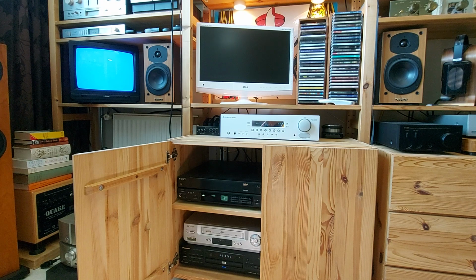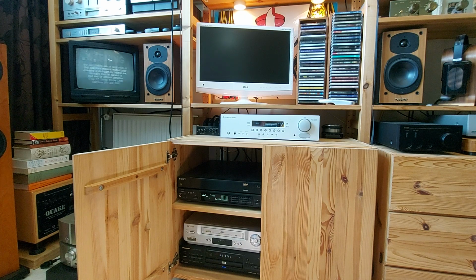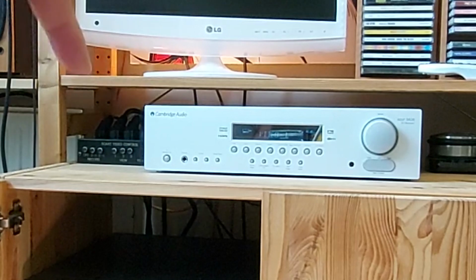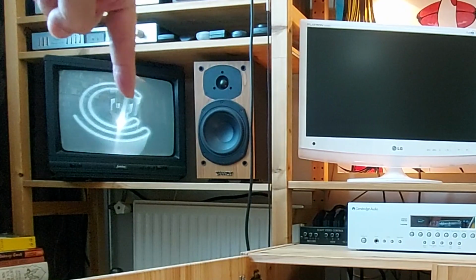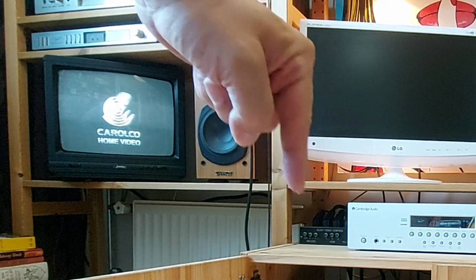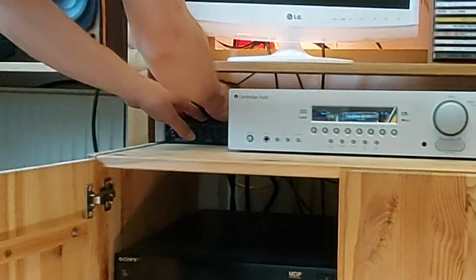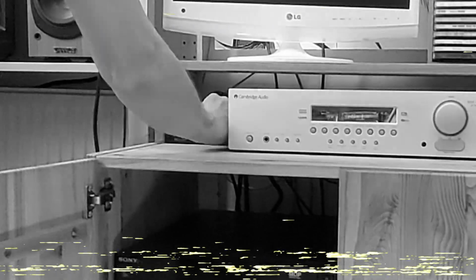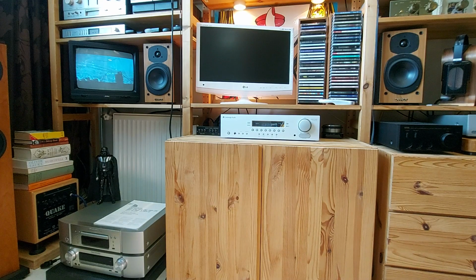And there it goes. Oh, I forgot one thing, and that is to change the control. And unfortunately, this is black and white. So what I'm going to do is reverse this SCART over here, because this has 3 inputs for 3 SCARTs and 1 output going to the TV, but unfortunately only one of the inputs is giving you color, the others give you black and white. So let's change that. Okay,